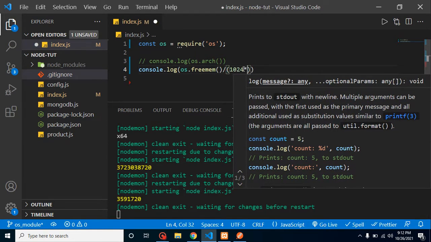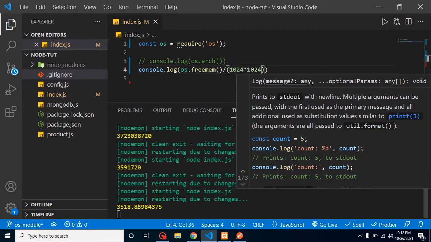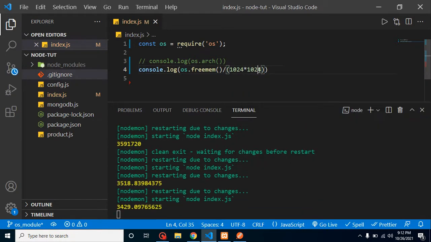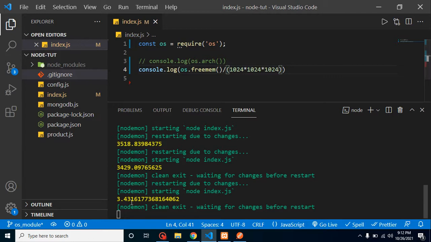And if I divide it again by 1024, it provides the information in gigabytes. So 3.4 and something GB of RAM is actually free in my system. Yes, I have 8 GB RAM, so that much is free at the moment.